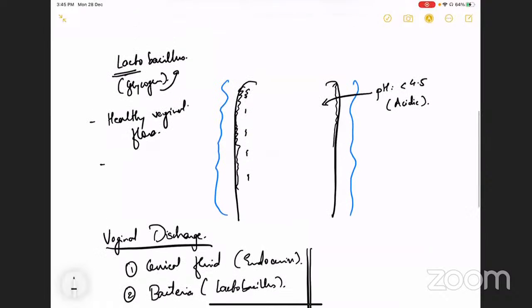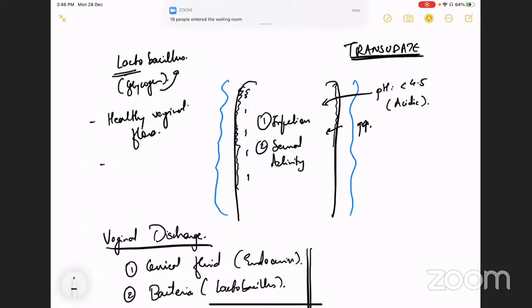Remember, as I said, it is a transudate. So I'm here just explaining what happens. Transudate means if there is more blood flowing, there will be more discharge. So what causes more blood to flow? It is simple. One, infection. Two, sexual activity. Whenever somebody is having sexual activity, there is a lot of blood flowing inside, so that can increase the transudate. Third, pregnancy. Common things. And fourth,